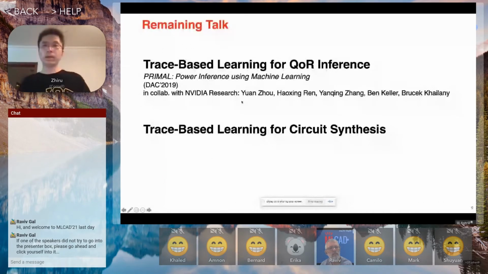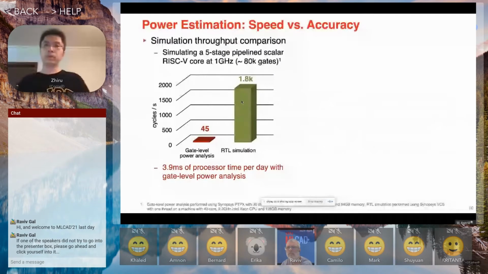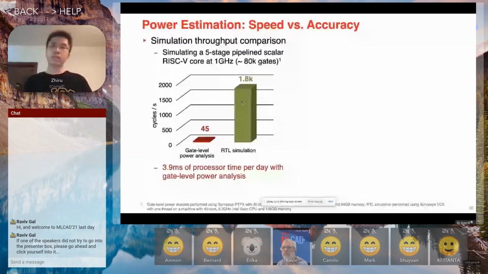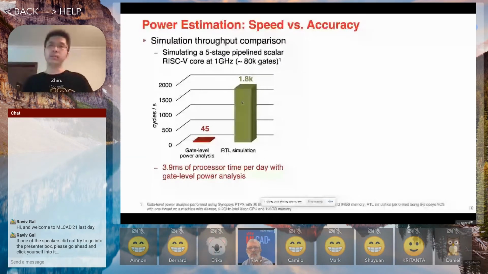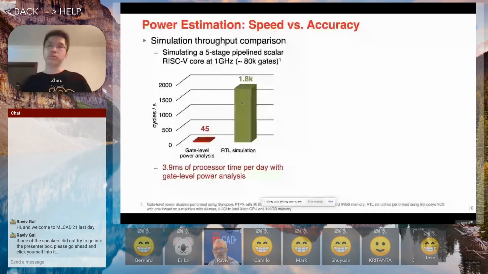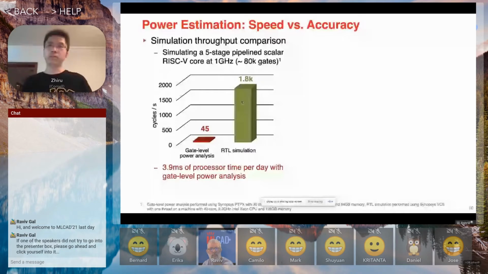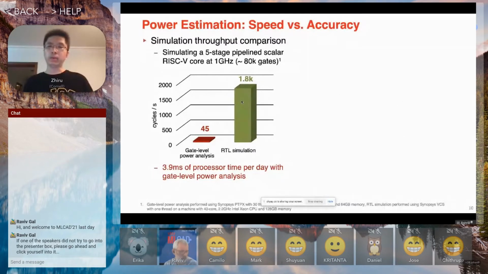Okay, let's talk about Primal first. Again, this is about power estimation. Needless to mention, power estimation is really important for modern day hardware design. We really care about energy efficiency, so we do want accurate estimation of the power consumption. And in many cases, especially for ASIC design, in order to sign off a design, we have to do accurate gate level power analysis,